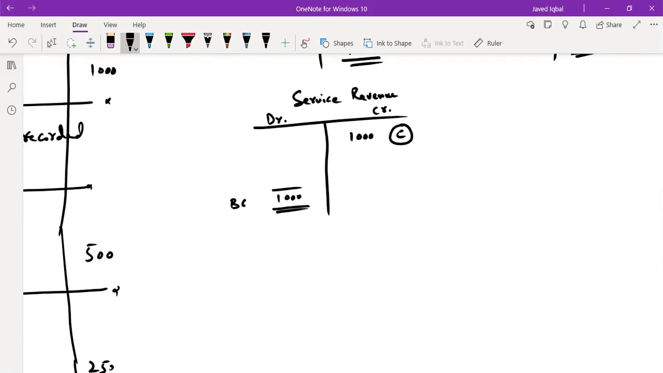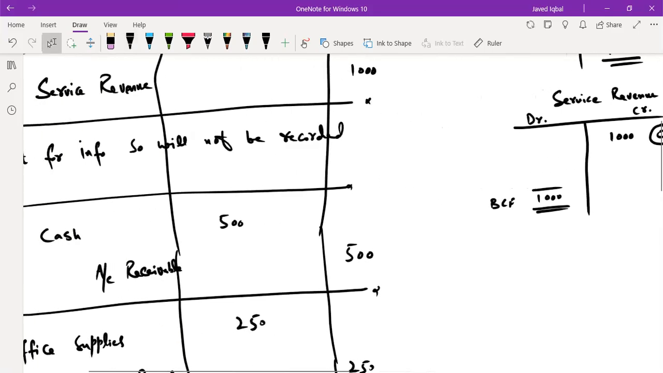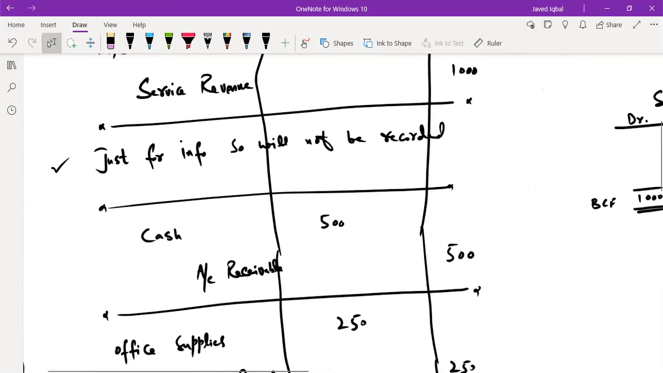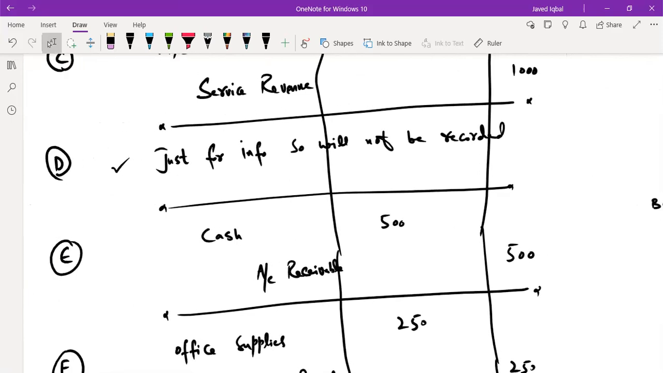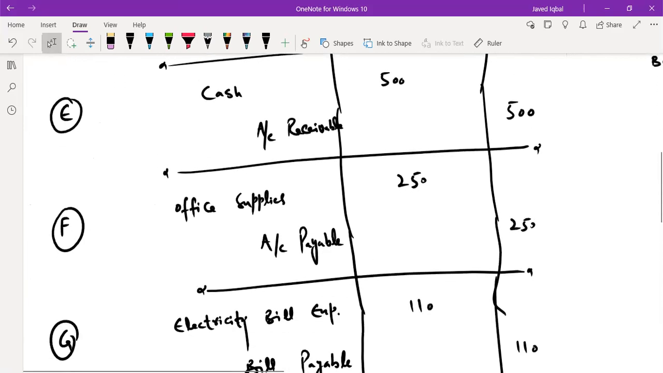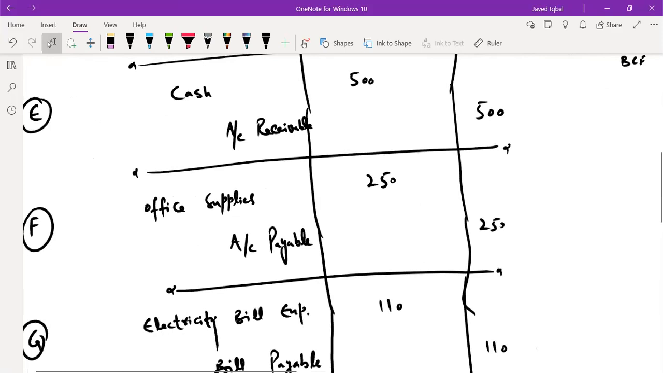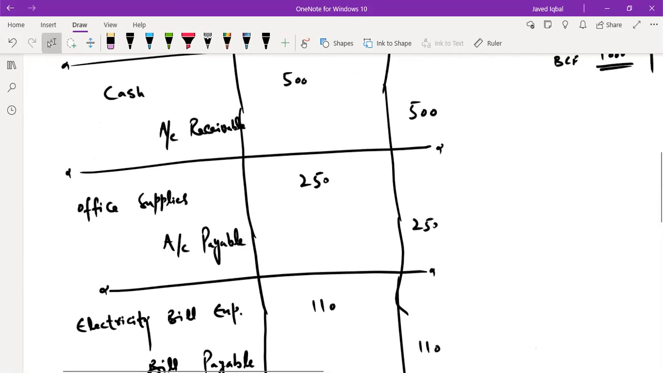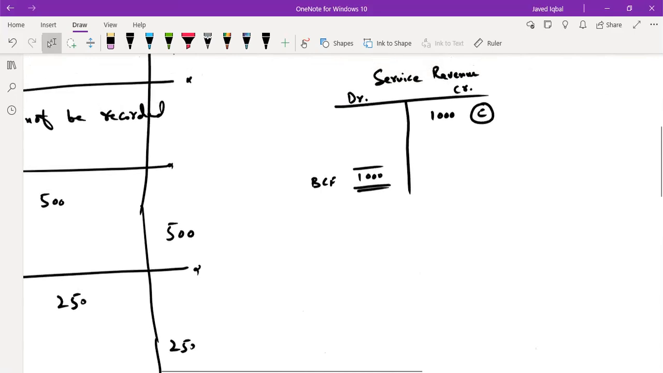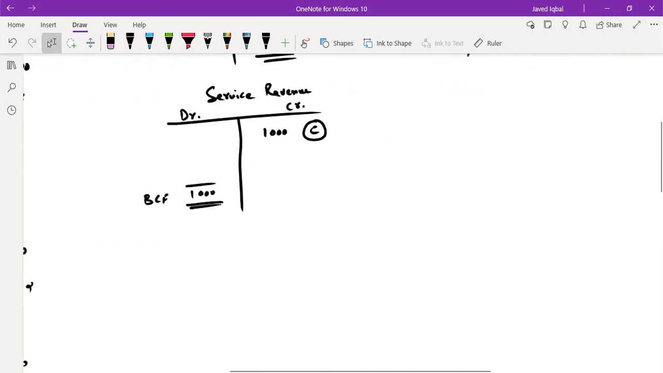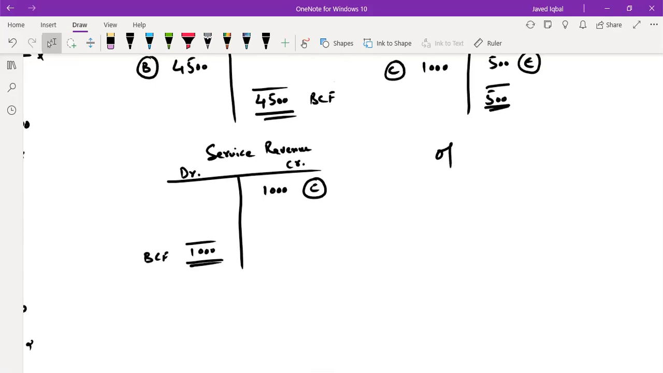So this is your balance carried forward. Okay. So you have recorded successfully transaction under transaction C. Transaction D cannot be recorded. When you look at the transaction E, you have already recorded cash and account receivable, so you don't need it. Now you have element of transaction F, which generates office supplies and account payable of 250. So you have office supplies account to be created. So office supplies